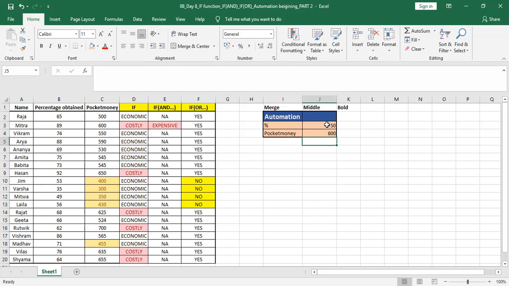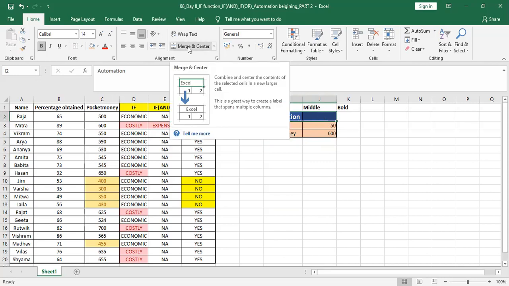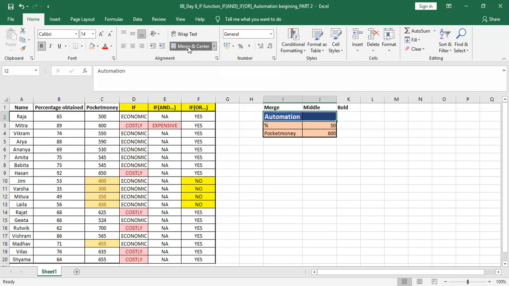If you have a table prepared, you can use it anytime, anywhere. Okay, today's step, with these two functions, IF AND and IF OR, I can merge two cells. How can I merge these two cells? Simply I can select those cells. So now I have selected I2 and J2, and then here is the option in the home tab, Merge and Center, and that's it. Now two cells are together.